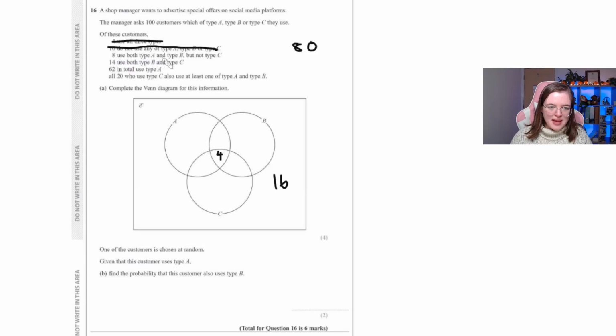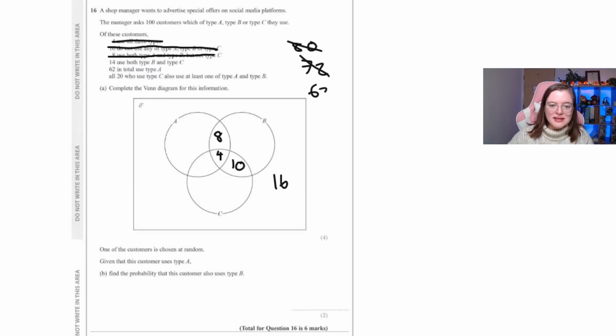8 use both type A and type B, but not type C. So use A and B, but not C, which means that 8 is going to go there. Which means I am now left with 72. 14 use both type B and type C, however, they haven't told us that they haven't used type A. So this 4 here is also included because everyone in there uses type B and type C. Does that make sense? Because it hadn't told us to exclude A, which would include this circle here. So 14 minus the 4 that we've already got that use B and C, that is then 10,